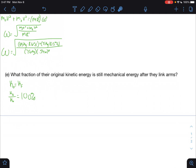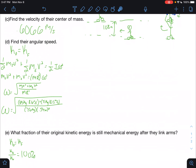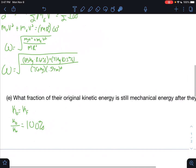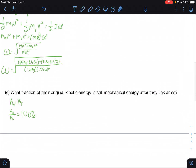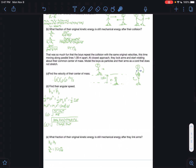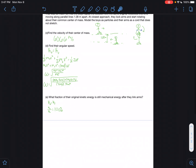Okay. What fraction of their original kinetic energy is still mechanical after they link arms? Since I set their initial to final, set them equal to each other, I knew it was just going to be a 1-to-1, so it's 100%. I guess the reason that they made me do this twice is to see how much of a difference these two are, but it just still feels